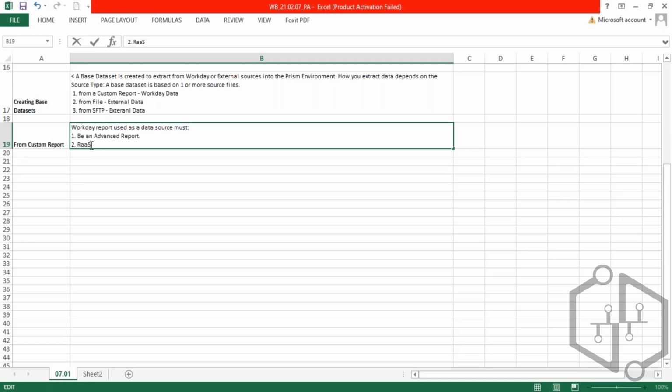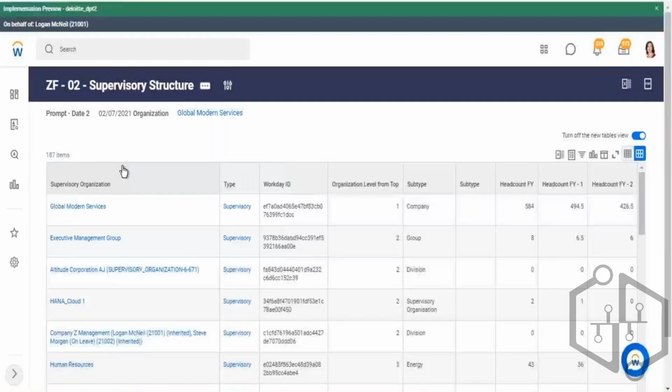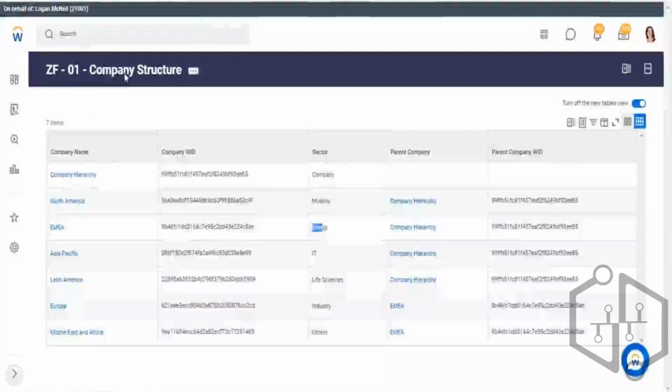So what do you mean by RAAS reports? Have you come across this term called report as a service? Yes, RAAS as reporting as a service. Yeah. So how do I convert a report as an RAAS? Is it inside the advanced option in our report? Yes. Okay. So if I go to this report,